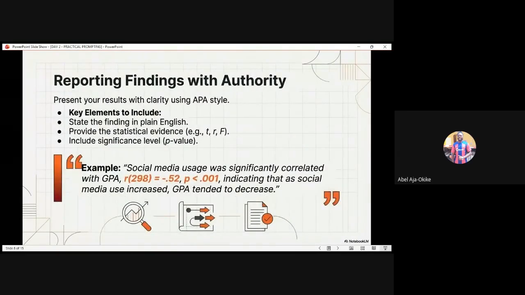And then reporting findings with authority. Present your results with clarity using APA style. State the finding in plain English. I don't know if I've said this, but if I haven't, just know that the aim of research writing is not to fill up spaces with big grammar. In fact, you'll be doing yourself a whole lot of good if your language is simple.